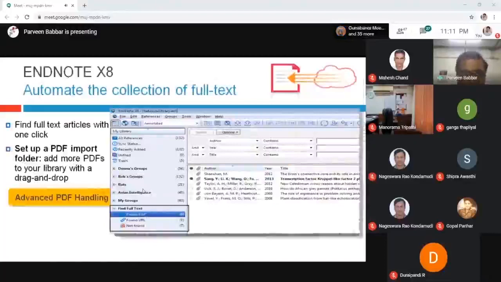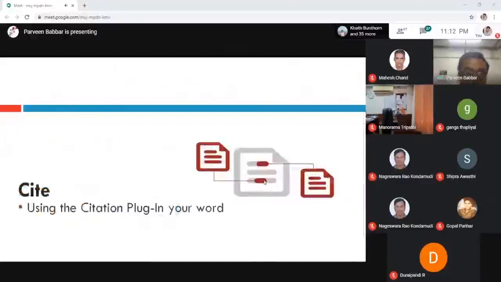First of all, there is an option in the left panel, Found PDF. So you can see here the Found PDF, and once you click over this, all PDF documents will be visible to you. Once the PDF documents are visible, you just double click on that particular file, then it will be ready for you to edit or annotate the document.